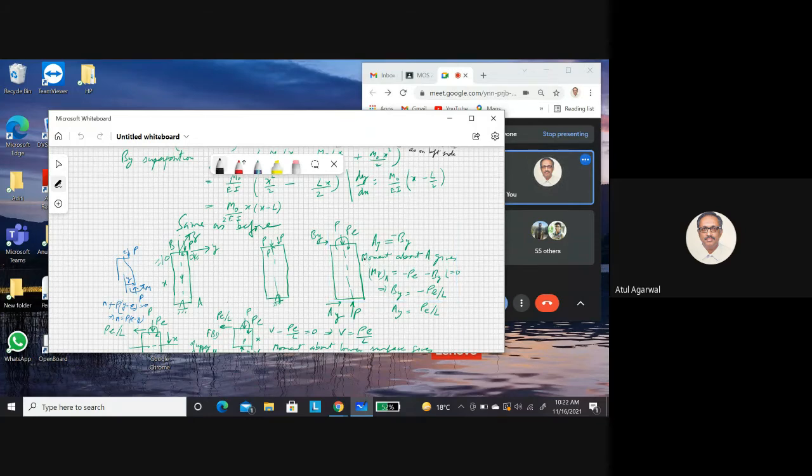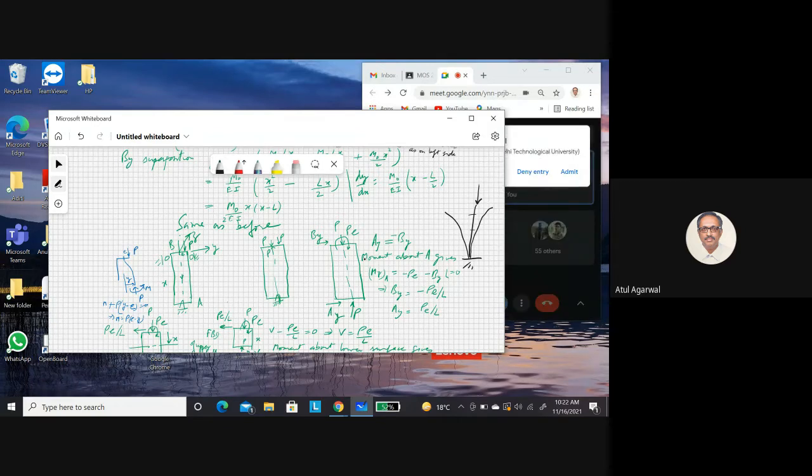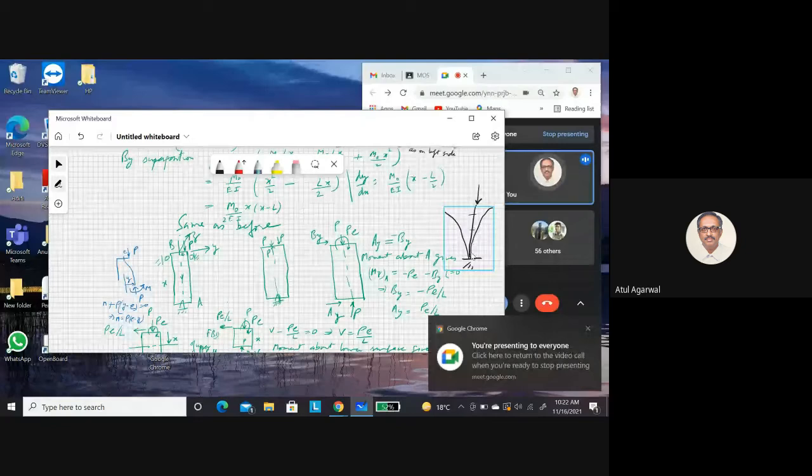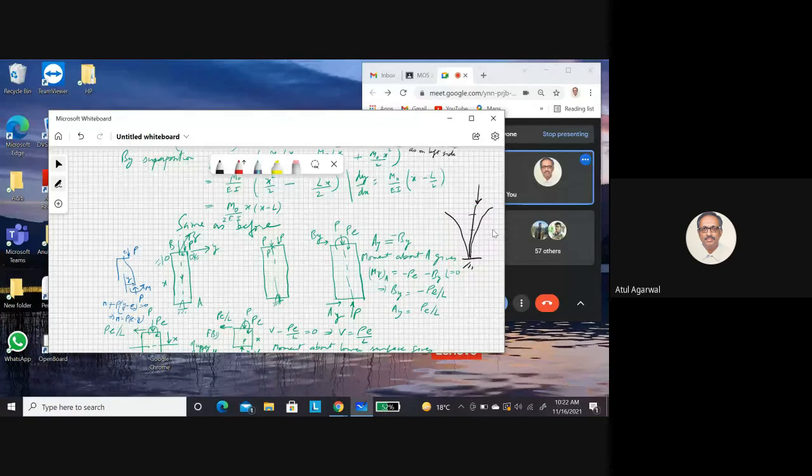So you are applying a load like this. Here you are supported. So it will tend to go like this or grow like this. So it is not going vertically down, reducing in length. This is called a buckling failure. So the material may stay elastic, but the deformation is large. So it becomes useless. Your structure collapses. This is also called collapse.